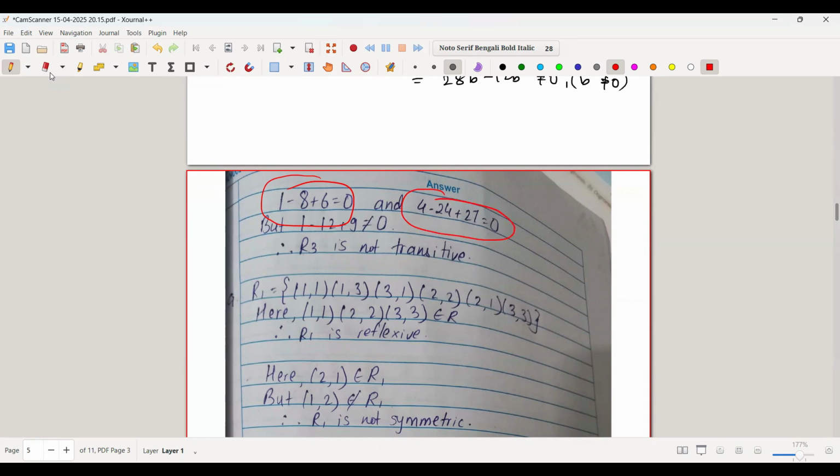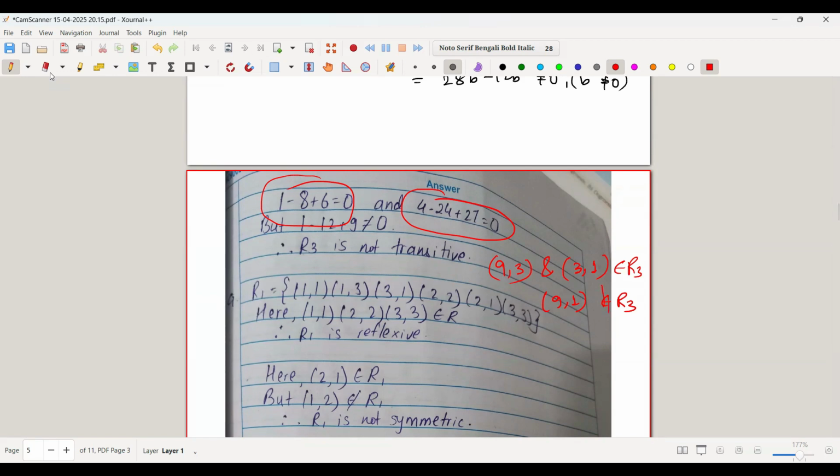I have already told you, don't hurry. So 3 comma 1... no, this example will not work. Okay, take 9 comma 3 and 3 comma 1. These two belong to R3. Check whether 9 comma 3 or 3 comma 1 belongs to R3 or not. And for transitivity, 9 comma 1 should belong to R3, but 9 comma 1 does not belong to R3